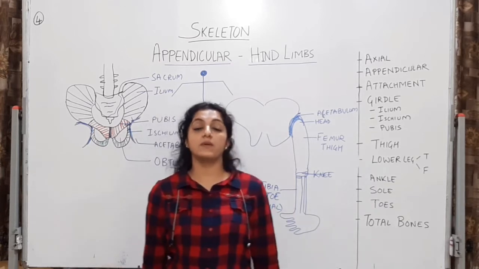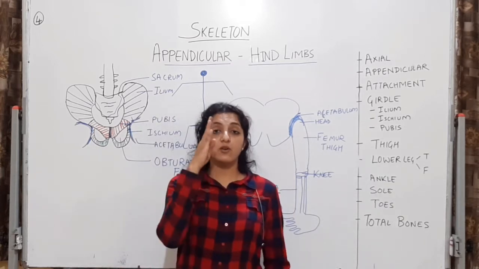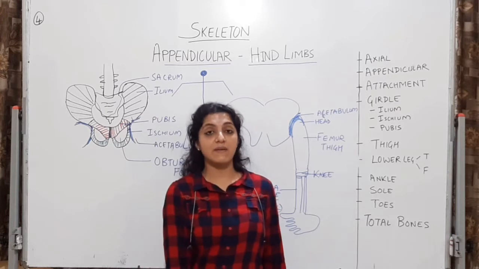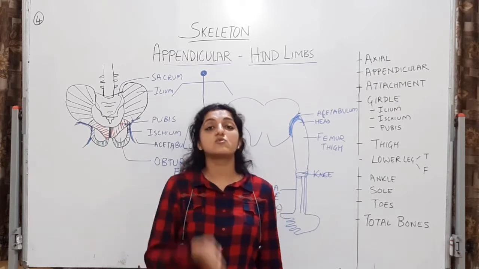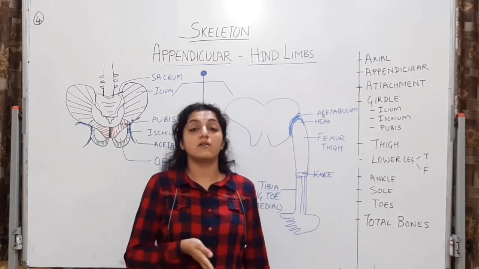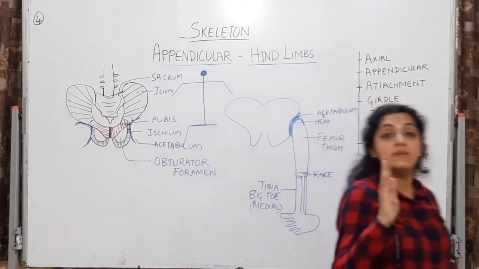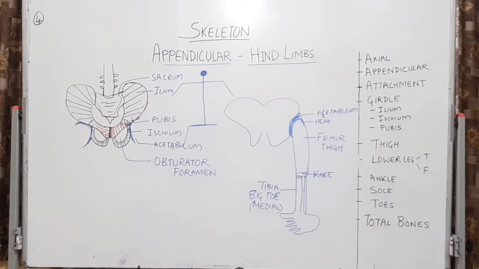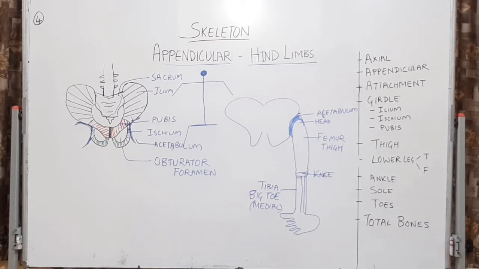आप ऐसे खड़े हो अभी, okay? So just see whether your big toe is towards your central midline of the body or your little toe is towards the central midline of the body. Your big toe is towards the medial side of the body, okay? So tibia is a medial bone. Tibia will be towards the big toe side. It's a medial bone. So you have to remember this.